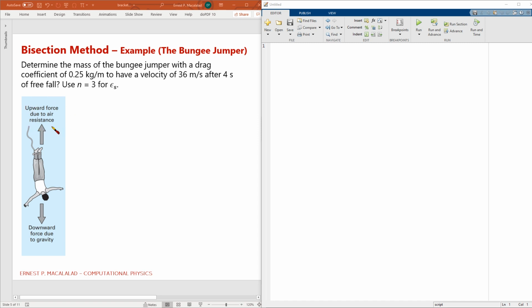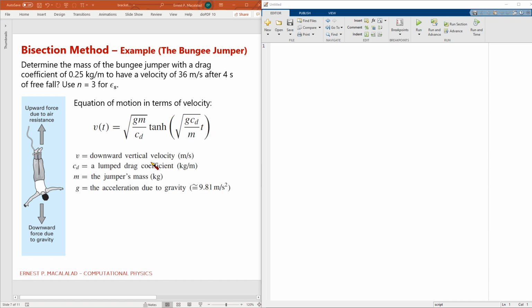And we already derived the velocity function as a function of time. This is an equation of motion in terms of the velocity, where v, the velocity, as a function of time t, is equal to the square root of g m over cd times the hyperbolic tangent of the square root of g cd over m times t. Here we define